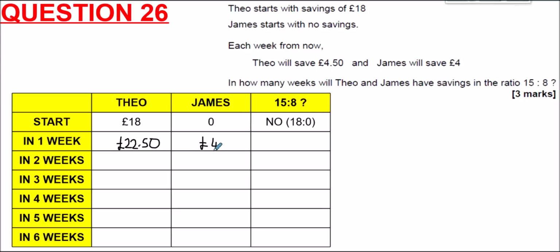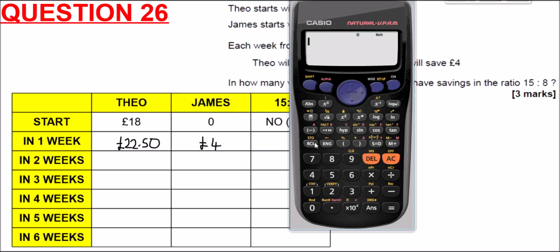Now we can compare ratios using a calculator as long as we put the smallest number at the top. So for example, if we put £4 on top and the £22.50 at the bottom,